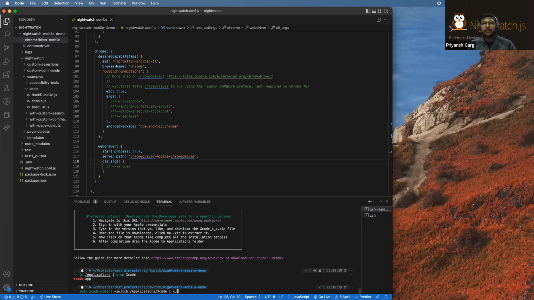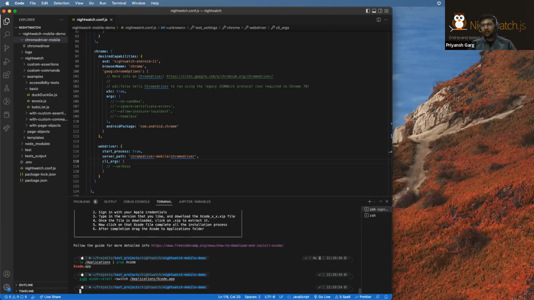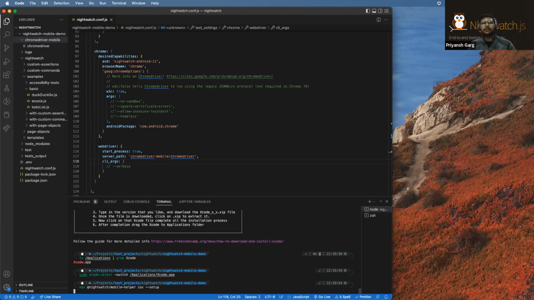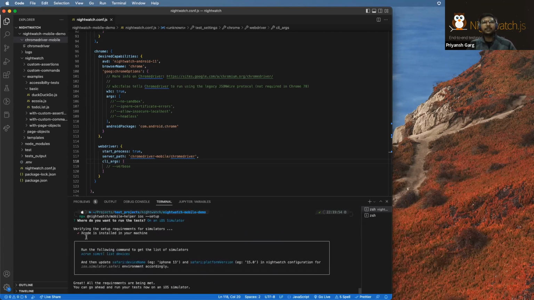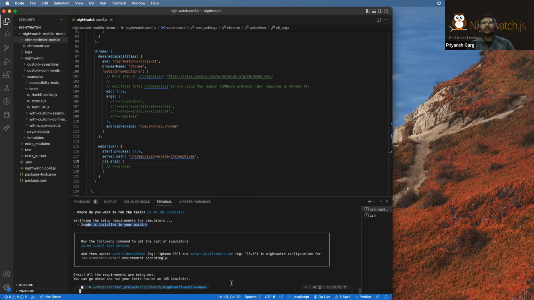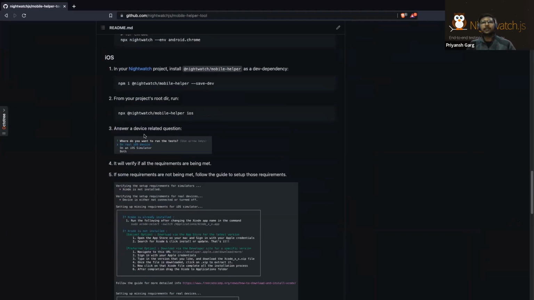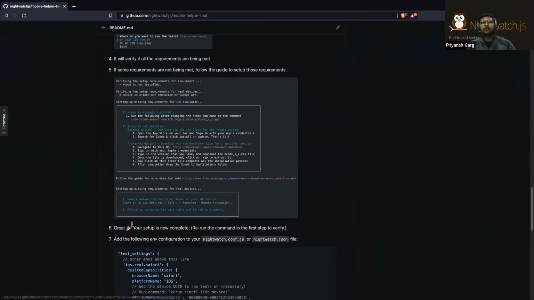And let's just keep it xcode.app. So if I run the mobile helper tool again for iOS and iOS simulator, it shows that it is installed in my machine and everything's set up. So because we have followed till now,